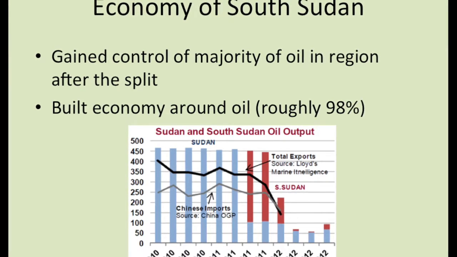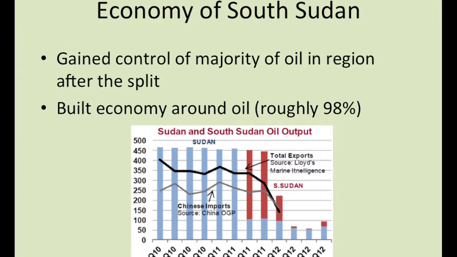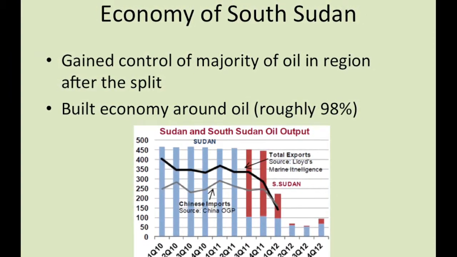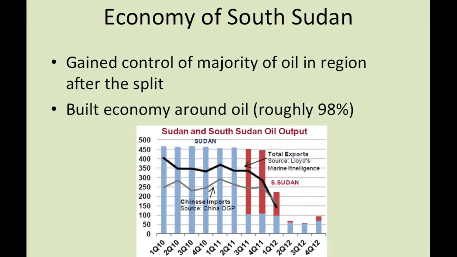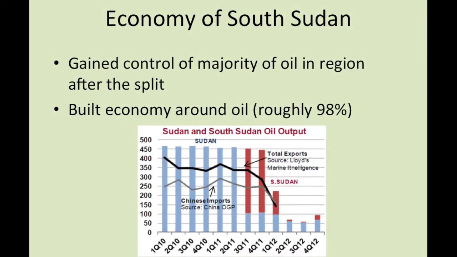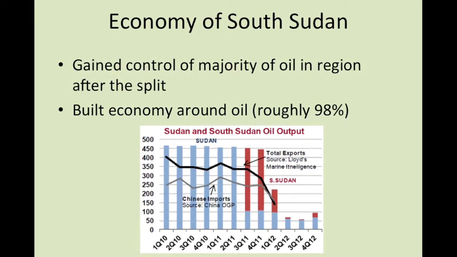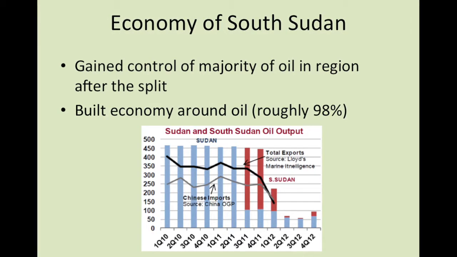On the contrary, this initial oil surplus was a great stepping stone for the new country of South Sudan. Instead of learning from Sudan's mistakes, however, South Sudan built their economy around oil production and allowed oil revenue alone to comprise 98% of total government revenues. As seen in the table, this would eventually be harmful to South Sudan's economy as oil production begins to decline